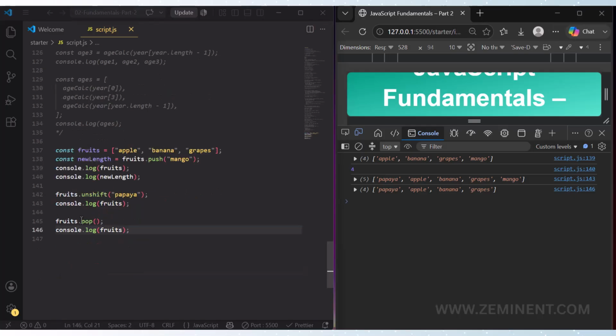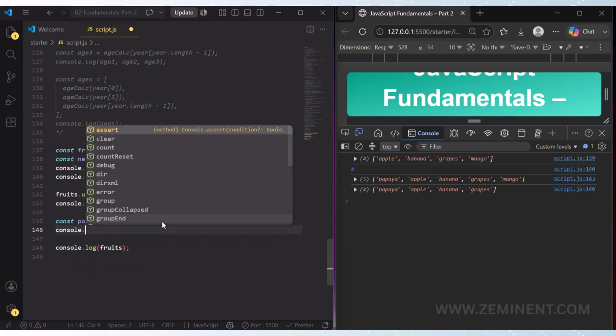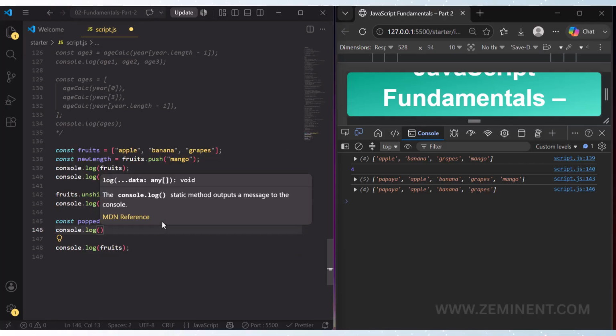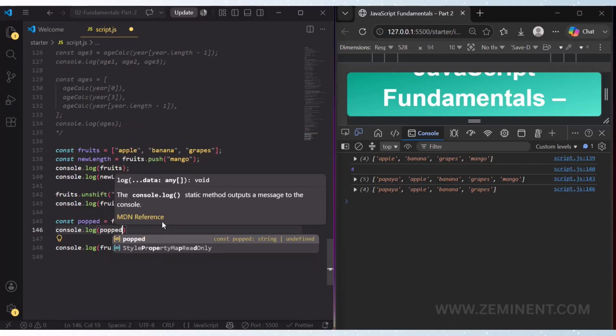For that, let's write here const popped equal fruits.pop, and then write here console.log popped.